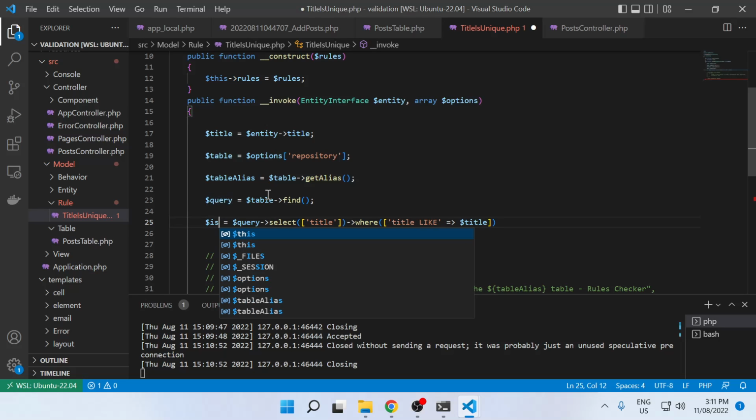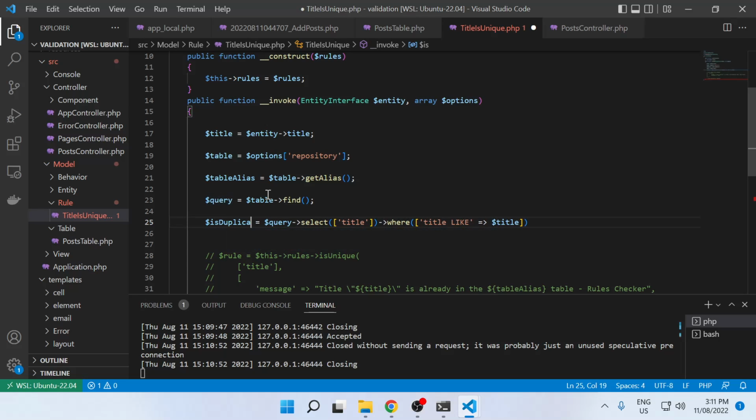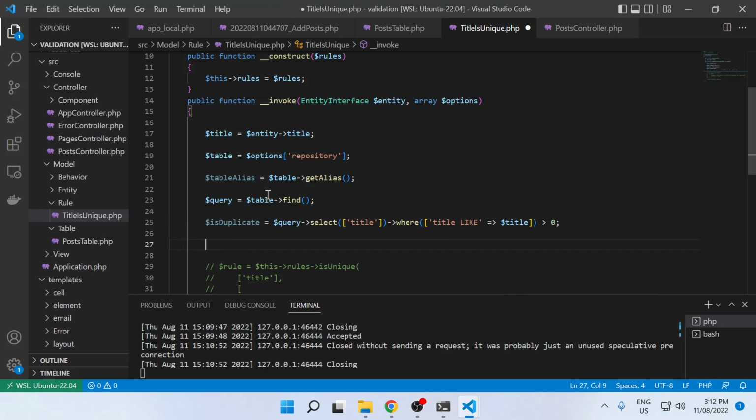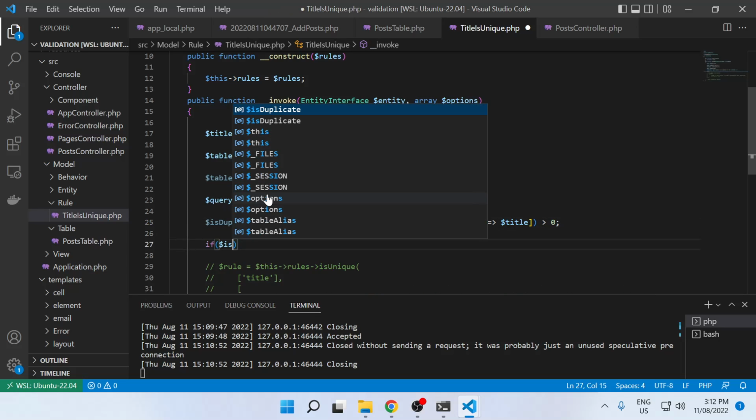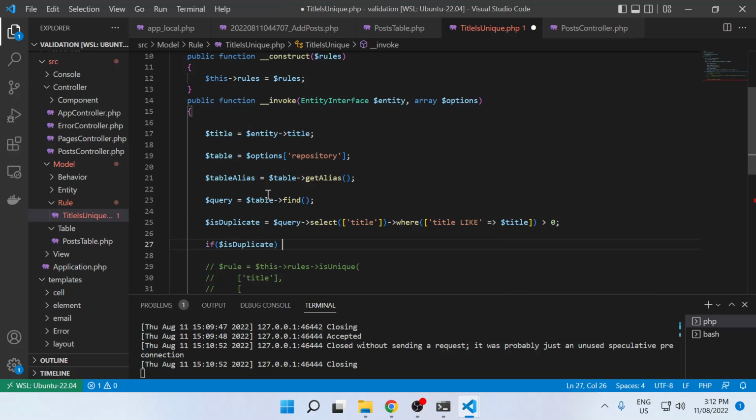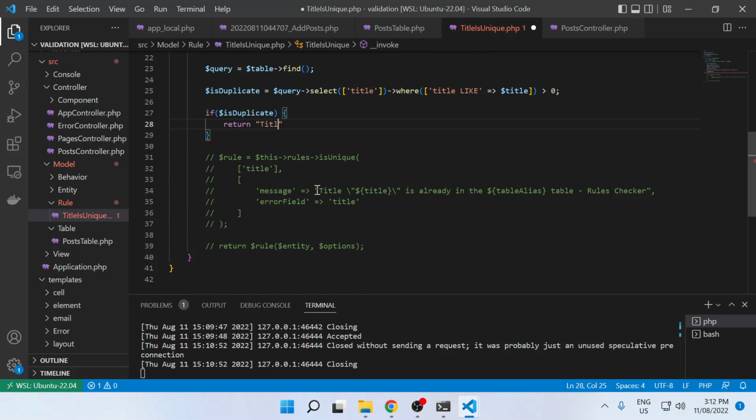We'll say is duplicate, so we get a boolean, and then we can say is duplicate, and we can then return. What can we return? Well, we might just copy the